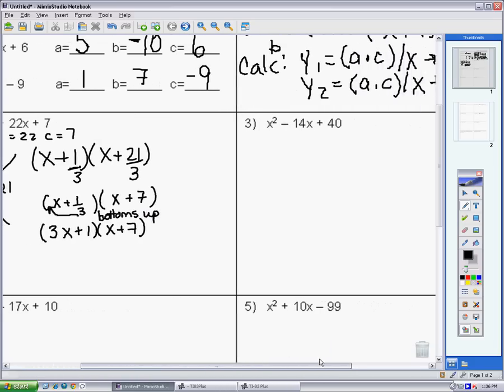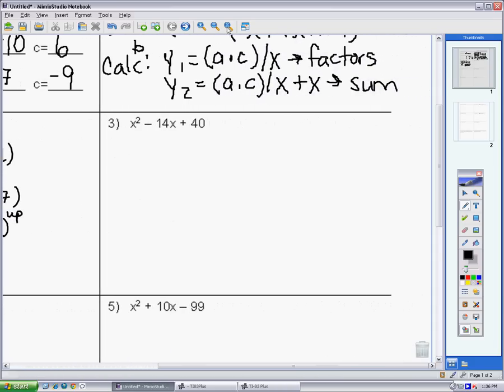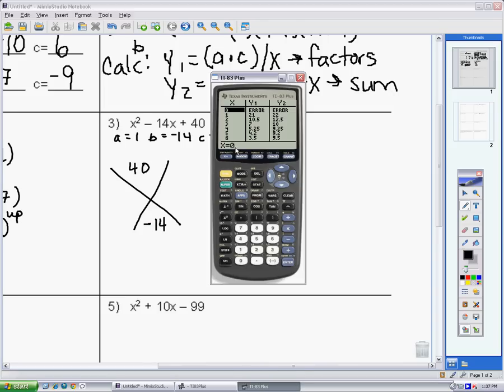Okay, number 3. My a equals 1, my b equals negative 14, my c equals 40. So I'm going to make my x, multiply a times c, so that gives me 40, and then my bottom number is negative 14. So I'm going to bring my calculator up, and I'm going to change my y equals to 40, and notice I'm just changing the number, and I'm going to look at the